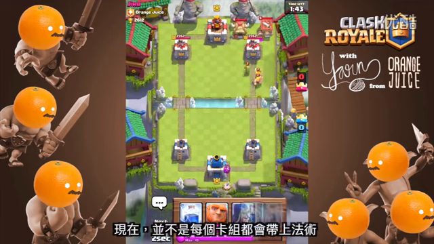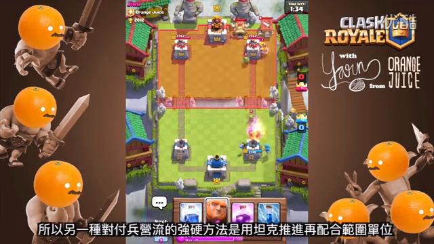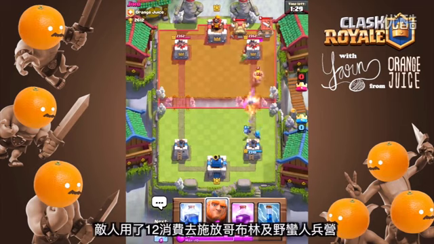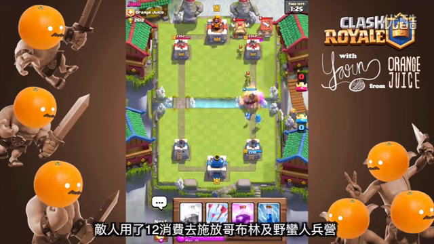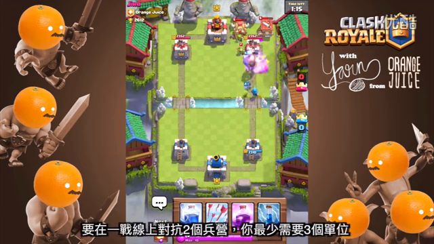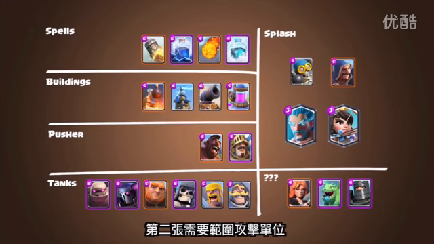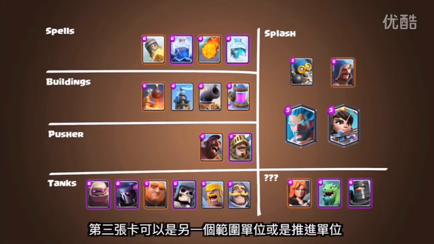Now, not every deck uses spells, so another counter against spawners is the brute force push with a tank and splash unit. Since your opponent spent 12 elixir on the barbarian and goblin hut, you should have plenty of elixir to brute force push. Against a lane with 2 or more huts, you'll need at least 3 units. The first card should be a tank, the second card should be splash, and the third card should be another